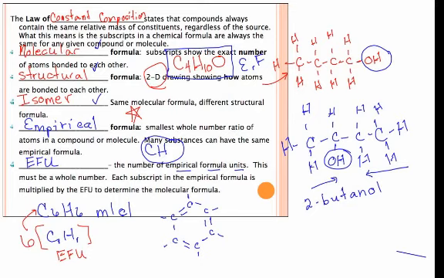So these calculations are going to require 2 steps. Step 1 is going to be to find the empirical formula, and step 2 is to find this whole number of empirical formula units so that we can find the molecular formula. And we will be doing this in 2 ways, and we will address that in our next